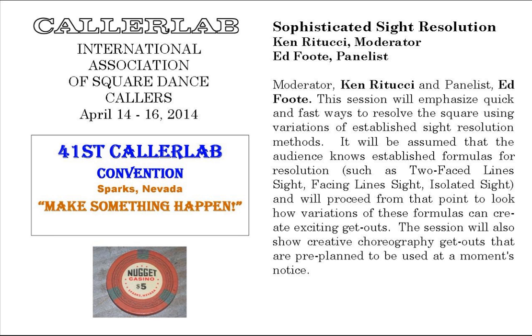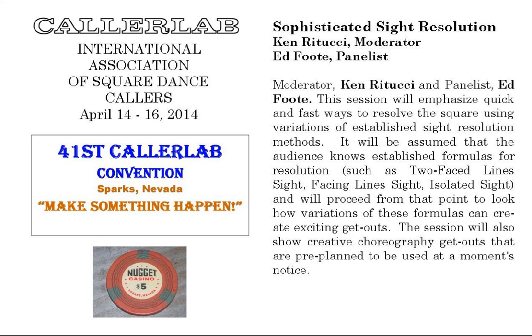Now I mentioned I'm always looking for a Dixie Grand get out. And Dixie Grand get outs are always very close when you have two couples with partner and two couples without. That's the setup for a lot of Dixie Grands. So in taking a snapshot of this square, I see that the secondary couple is together. They're in a column, but they're still together. And I'm thinking, I haven't called Dixie Grand for a while, so how can I call Dixie Grand get out